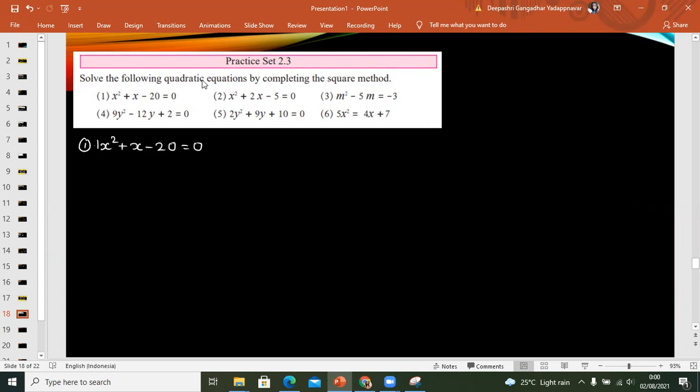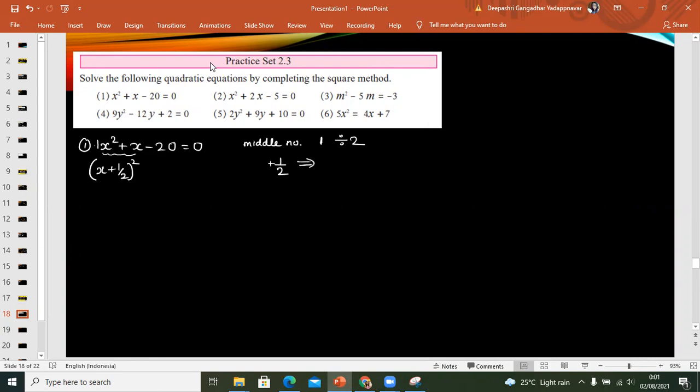After this checking is done, what do we have to do? Whatever the middle number is, that middle number has to be divided by 2. So I will take the middle number, that is 1, divided by 2. We have to follow this step. This is the first step. So 1 divided by 2, and this is with the positive sign. That's why we are going to write this as x plus 1 by 2 square. This is the first step.